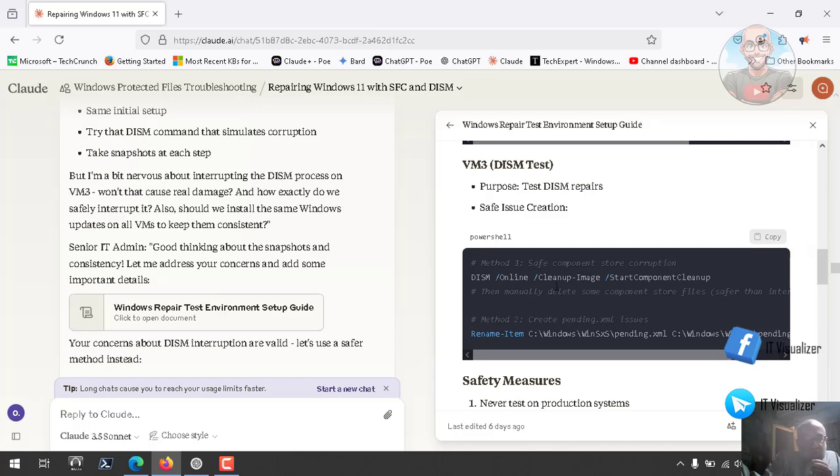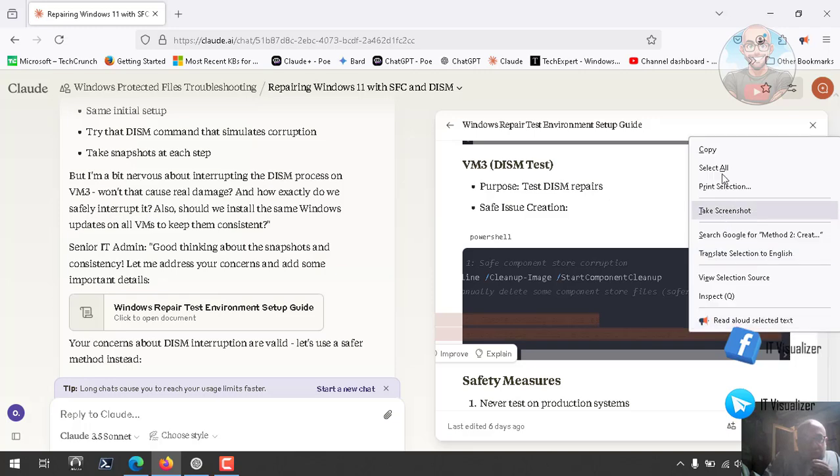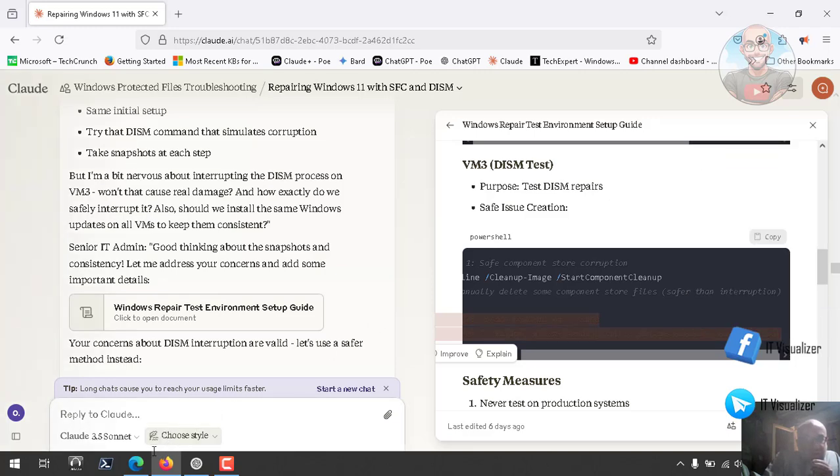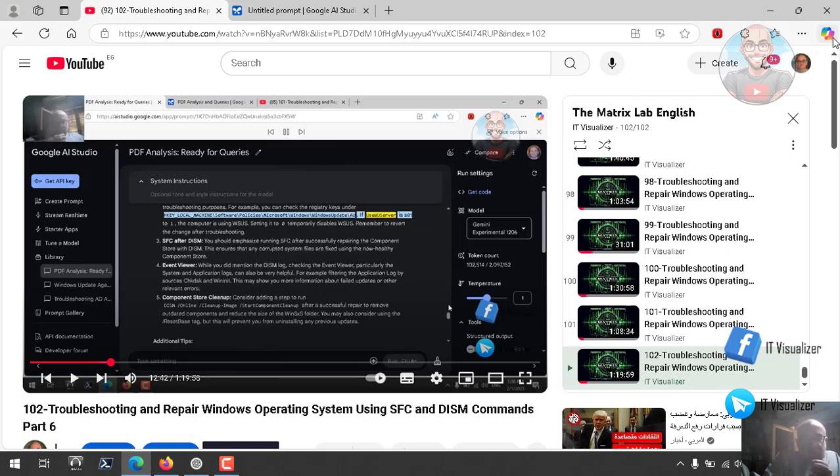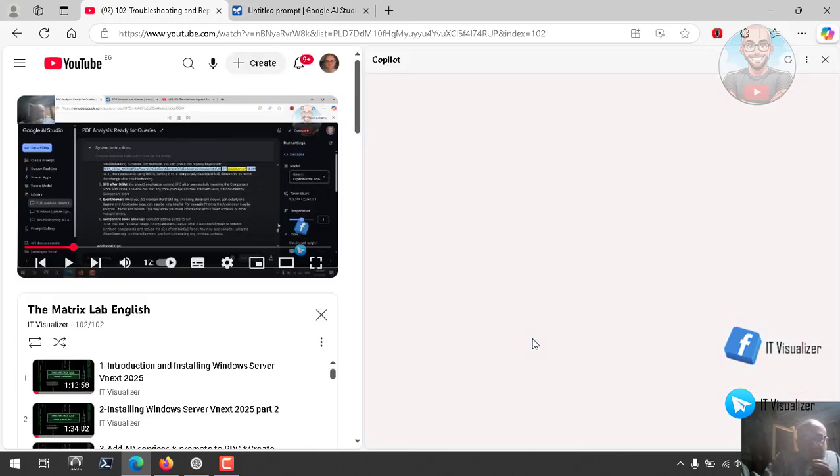So after that, or method 2, create pending XML issues, rename pending.xml. What is the pending XML? This is another file. I don't know what is the purpose. So if we rename this file, what could it do exactly? So let's see. Also, this is one thing I need to ask, for example, Copilot or other AI tools, to see what is the effect of doing something like that. If we go there and ask